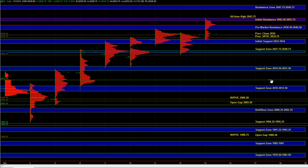And continuing to hold below 38.5 to 40.5 would be a warning sign for buyers, and it could end up resulting in some continued selling. On the downside, we have an important short-term high volume node at 33.25, and that's part of that 32 to 34 initial support. So if you start seeing a breakdown below 33, that would just confirm the short-term bearishness in the market, and at that point we can test yesterday's lows and even break lower and go down to 19.5